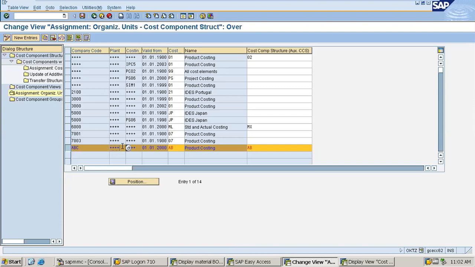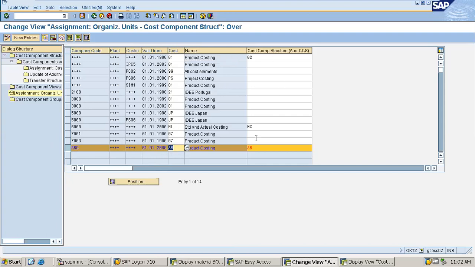Against it in plant I have given plus plus, meaning the ABC company code can have multiple plants, so multiple plants are assigned with ABC. And then costing variant is also plus plus, meaning if you have multiple costing variants, that is also assigned with ABC. Now cost component structure is assigned, that is AB, which I have created.